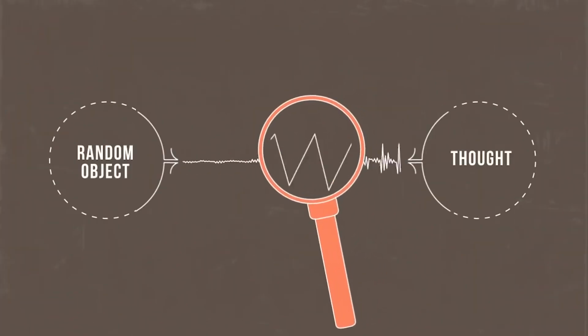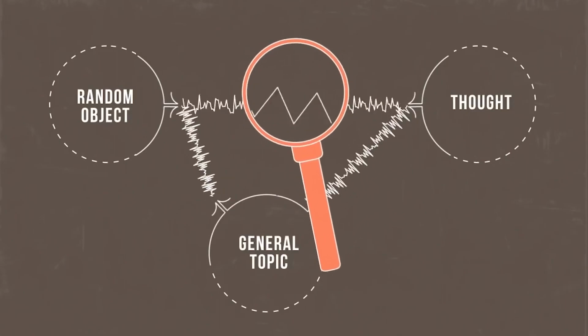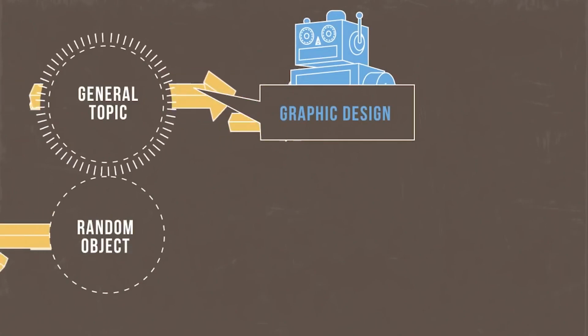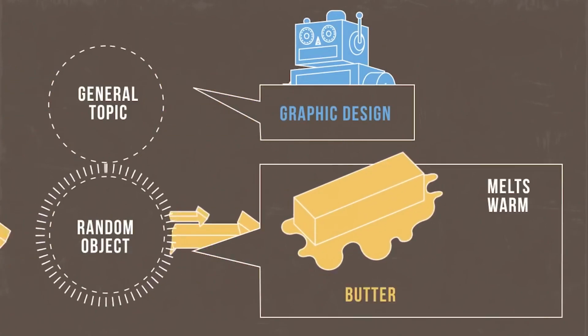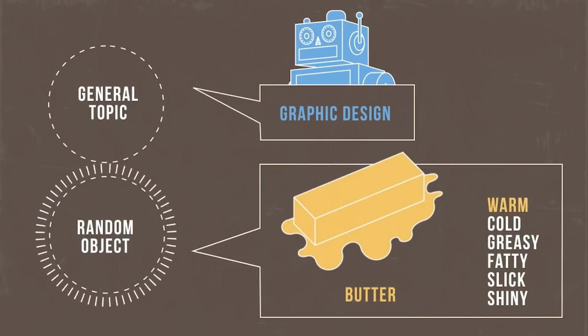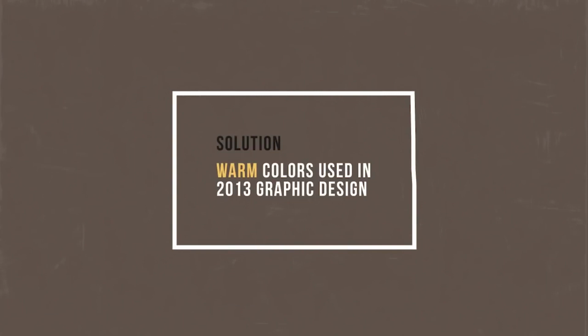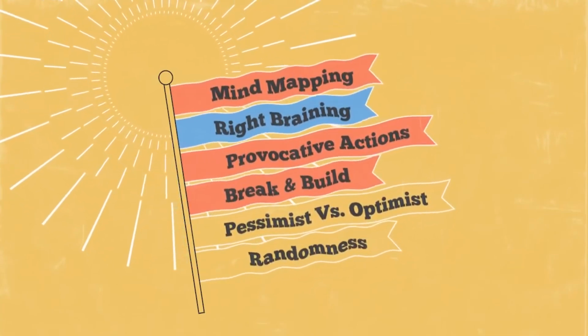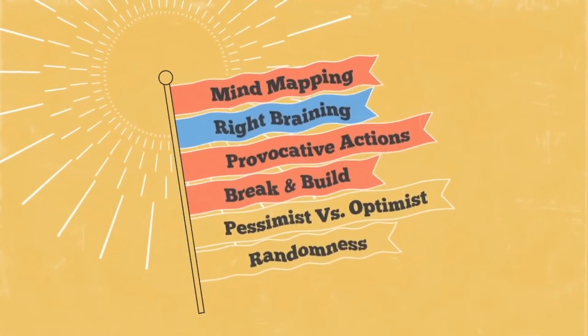Randomness. Find the connection between a random word or thought and a general topic to develop a new creative idea. First, start with a general idea. Next, generate a random object and list words that can describe it or are associated with it. Last, pick the words from your list that can relate back to your general idea to form your solution. The next time you hit a brick wall, try using these creative development methods to make brainstorming for your content ideas a more fun, imaginative process with better solutions.